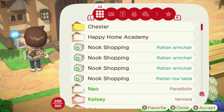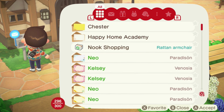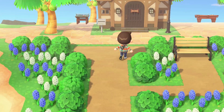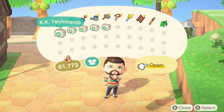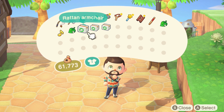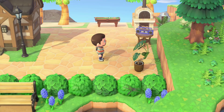Oh goodness, I've got some stuff in here which I ordered yesterday because, as you can see, the little area next to my house has changed a bit. I added a bench seating area, which we'll get to in a minute, but this area hasn't really changed. I've just lost a lot of stuff from here because I've moved it to the Tiki Beach. I set up a new seating area at the Tiki Beach, and to combat that...